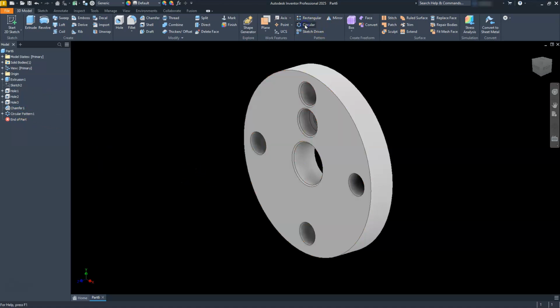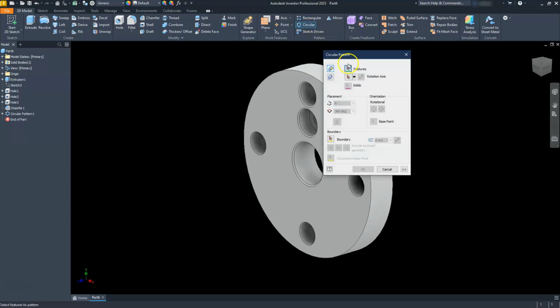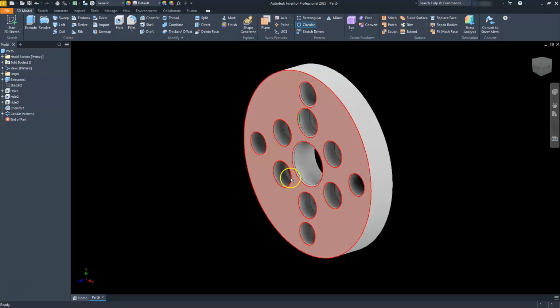So let's go back to the circular pattern. We're going to find the feature. In this case, it's going to be the first one. The first feature here. Go ahead and select here for the rotation angle. I'll select here. And then this one will be set to 6. I'll go ahead and hit OK. Now, once again, in the preview, this is what I was telling you about. I wish this chamfer command was built into this, because now I have this chamfer command and you can see